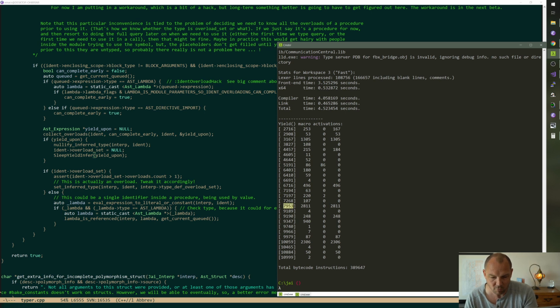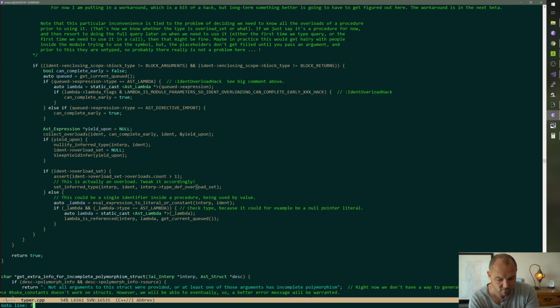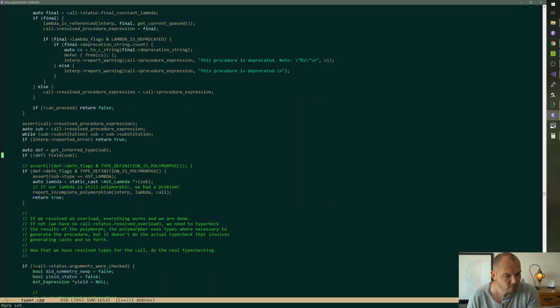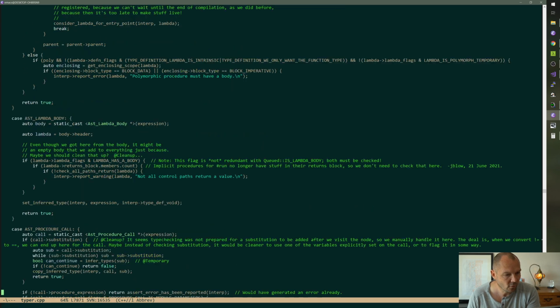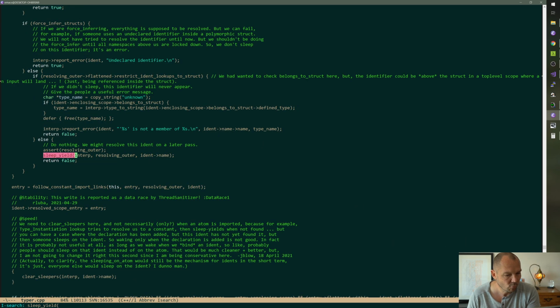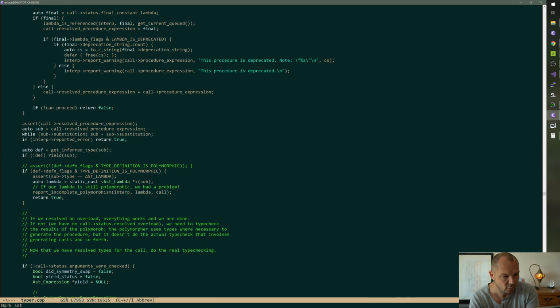But let's see. So 7953. This is procedure call, but it's a different part. This is when there's a procedure and you know what it is, but its type signature isn't ready.